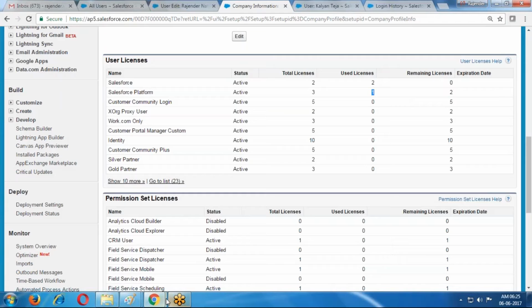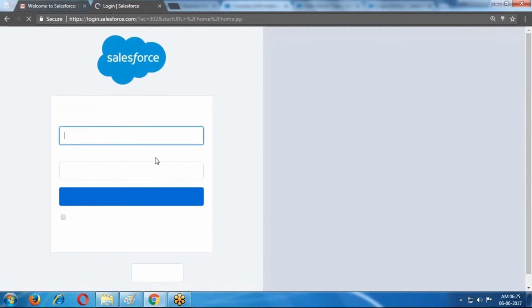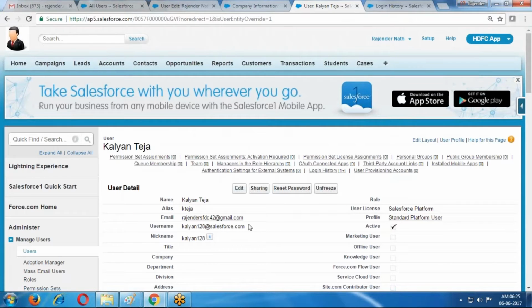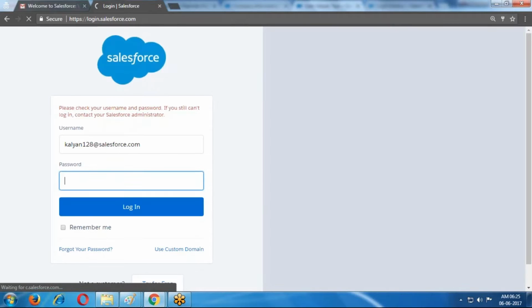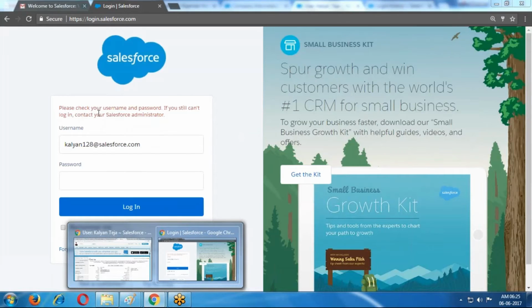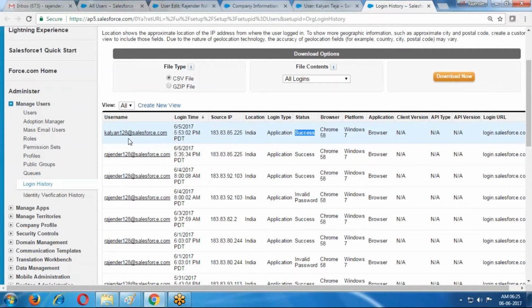And if I refresh, and if I log in with the Kalyan Teja login, we are getting an error message: contact your administrator. If I open login history, previously it was a success.